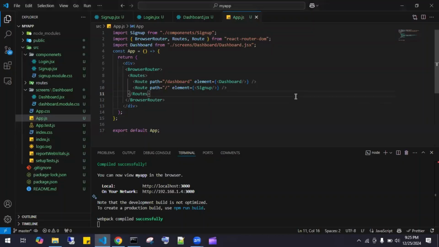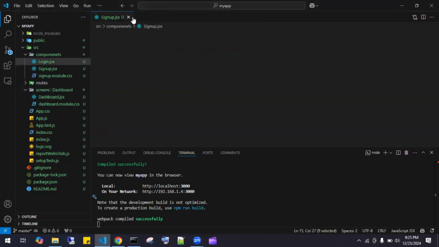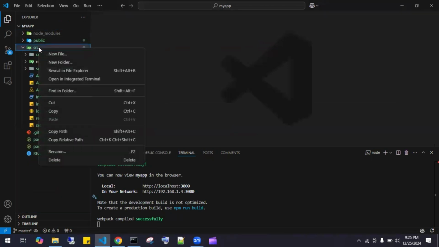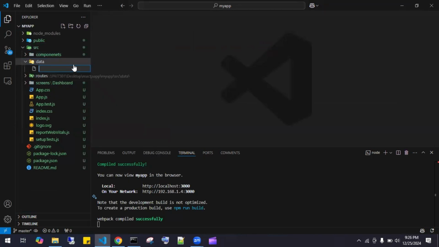I'll come here. So what I'll try to do is I'll create a folder. So in source I can create a folder called data. Data is where we normally create static data here. So now new file where I'll say like